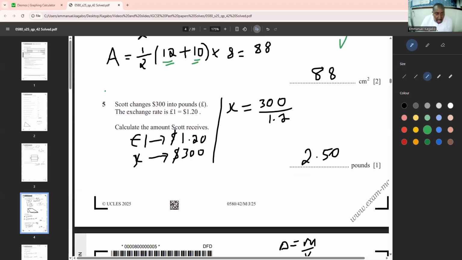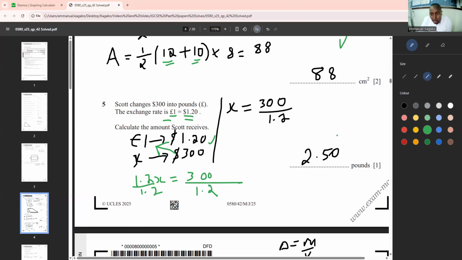Very good. Next question. Now, Scott changes $300 into pounds, and the exchange rate is 1 pound is equal to $1.2. That's the exchange rate. Now, if 1 pound is equivalent to that, so $300 will be equal to what? Will be equal to x. Basically, I cross multiply, I get this times that, and then this times that, it will give me 1.2x, and then 300 here, and then you divide by 1.2, divide by 1.2,